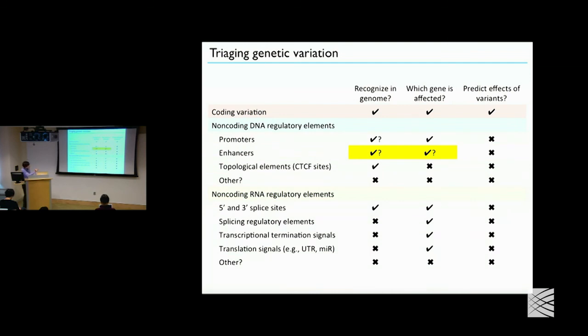It's simply a question of digging into each of these pieces, which each actually has its own specific sequence code and specific molecular set of rules that might allow you to predict where they are and what genes they affect. And we can start filling in each one of these boxes through a similar set of processes. So I think the challenge of mapping the full regulatory wiring of the genome requires understanding the functions of non-coding variants, and understanding the function of those variants in a cell type specific manner.